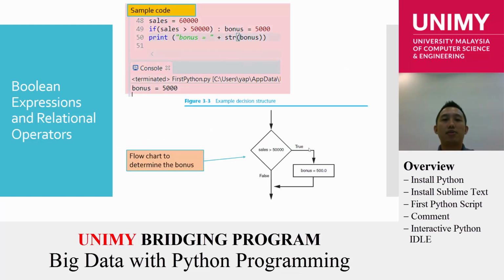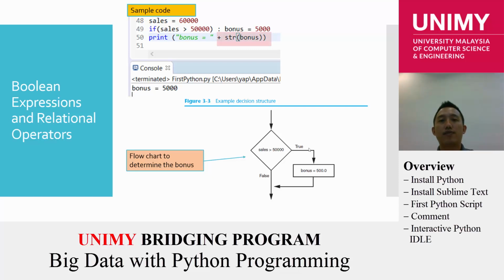I provide you an example where I create a variable called sales having a value of 60,000. Then I create an if statement. I say if the sales is more than 50,000, then the bonus will become 5,000. Then I print out the value of the bonus. In this case, since the sales is 60,000, which fulfills the condition of 50,000, the bonus will be printed as 5,000. You might also be aware that I use STR